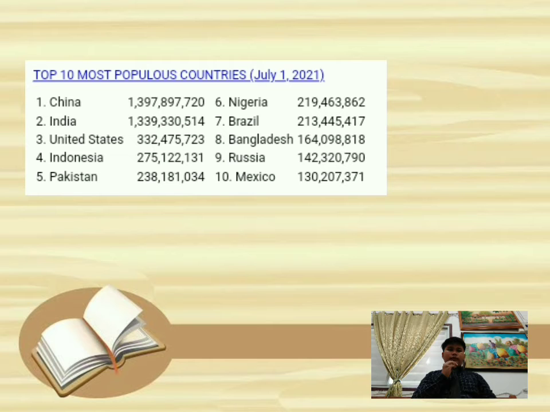Now, we're going to the 10 countries that have the most number of population, and these are: number 1 is China with 1,397,897,720 populations. Number 2 is India with 1,339,330,514 populations. Number 3 is United States with 332,475,723 populations. Number 4 is Indonesia with 275,122,131 populations. Number 5 is Pakistan with